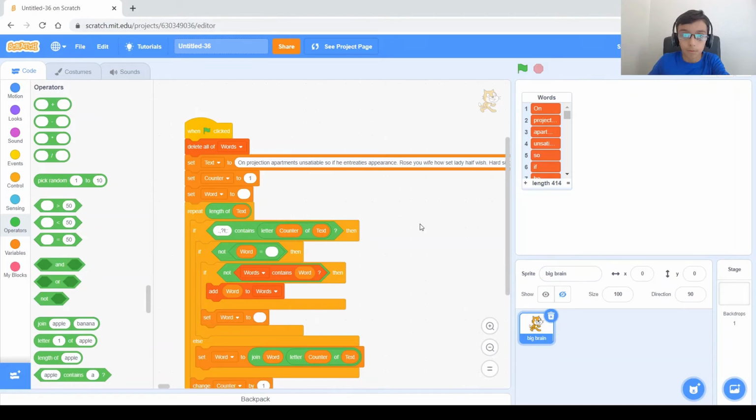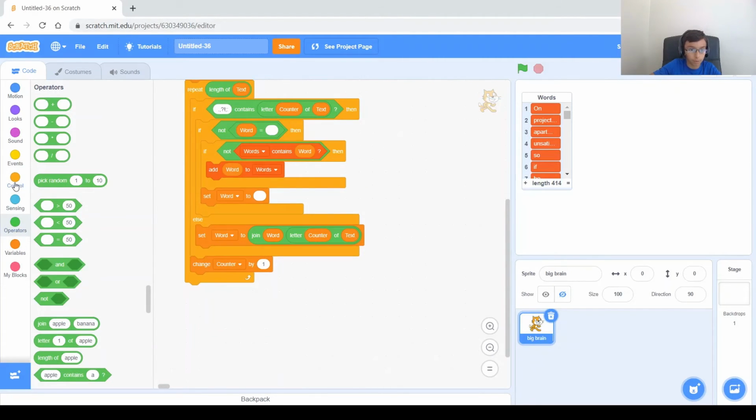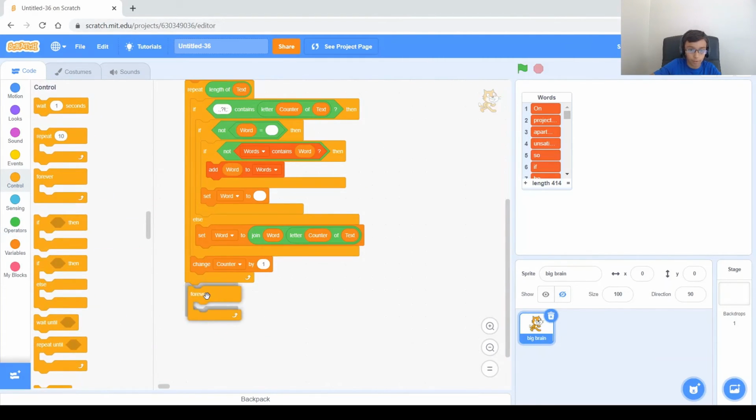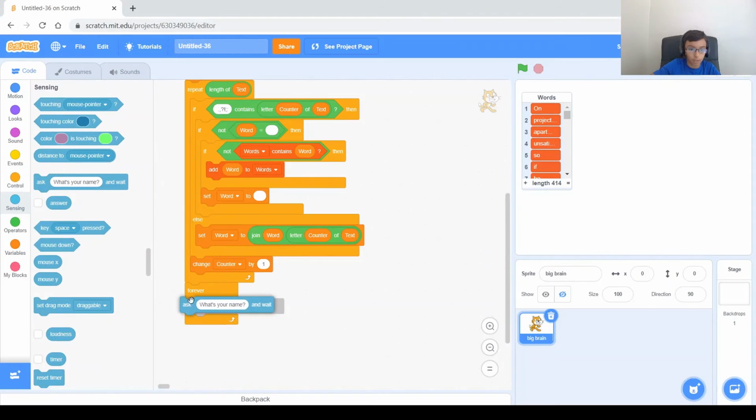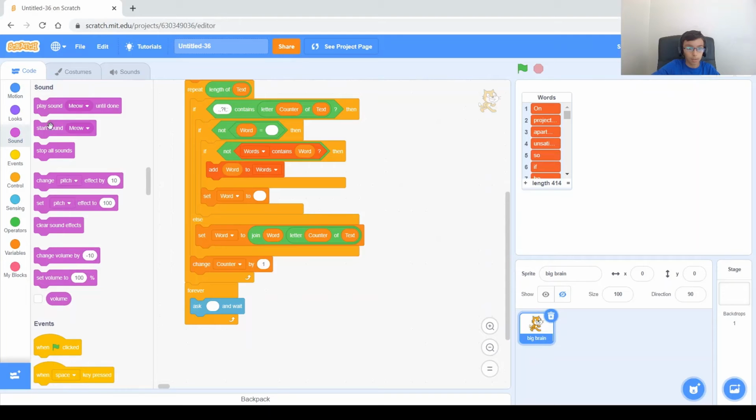Okay. Now one more thing for the big brain, we want it to always ask the person. We want the person to always be able to type in a word. So we're going to do right here forever after we have done the algorithm, so we already have the words in the list. So forever ask, and then you can put whatever message you want here. I'm just going to put nothing, but you can put whatever you want because the sprite is hidden, so the message won't appear anyway. And then just to know that it asked, we're just going to